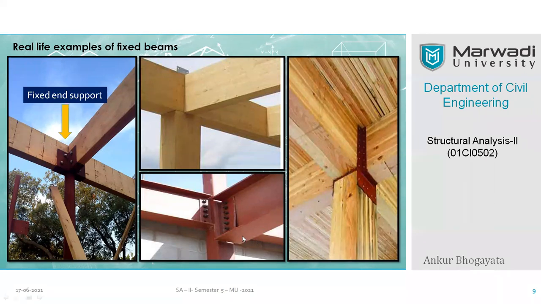Now one more detail I would like to discuss, that you can spot here. This is the junction where you can still use upper and lower angles to achieve your 100% fixity. Here you can expect up to 75% of the fixity. This is the biggest challenge in the design of steel structures. You will learn about this when you start learning steel structure design. So connections are one of the most important aspects of steel structure design. You will learn that there are many types of connection which you can offer to the structure.